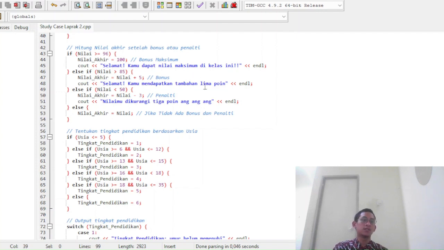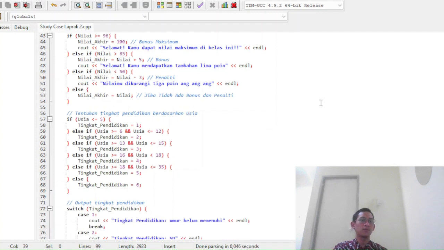Then the output will print out a disappointment message. Else, if your score is between 50 and 85, then your final score is just your score, like that. We move to the next section, that is